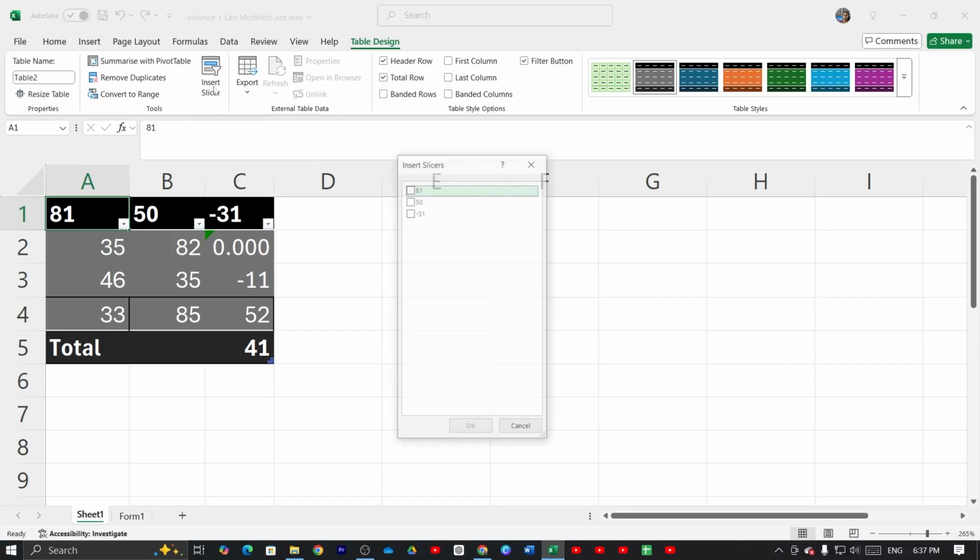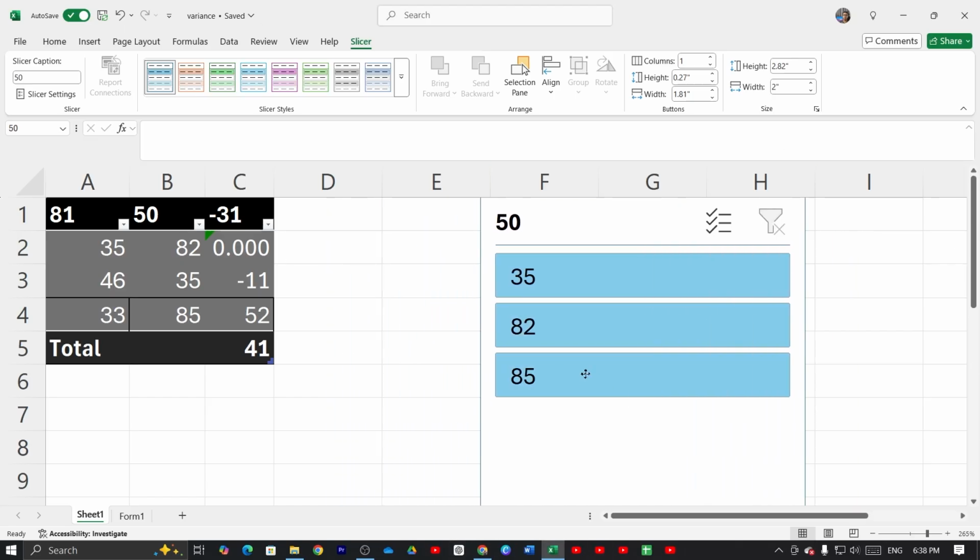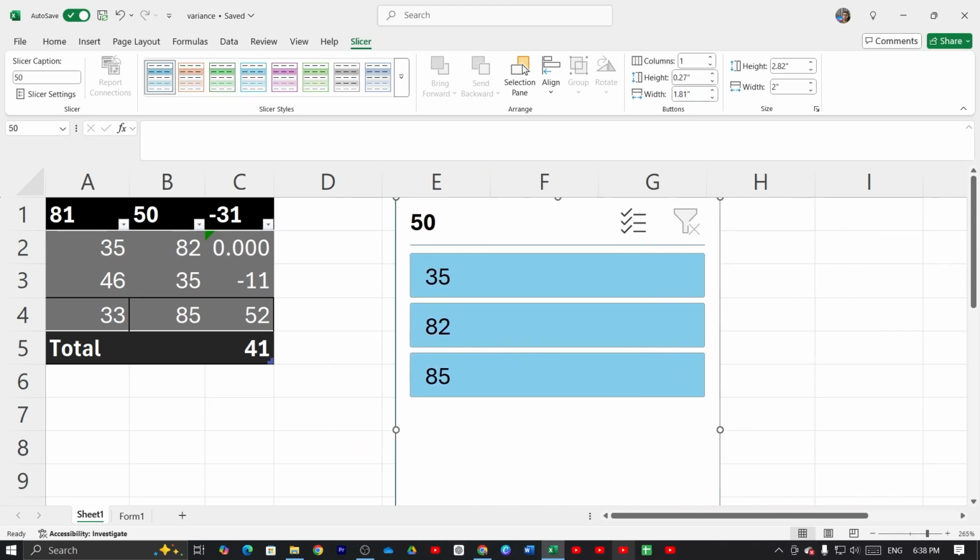Then just click here, and here you can see three options: 81, 50, minus 31, and then you can choose any column as you want. If I select column B, that means 50, and then click on OK, and it's done. You can see the slicer has been inserted successfully. You can also change your slicer position. That's it, and that is how you can insert